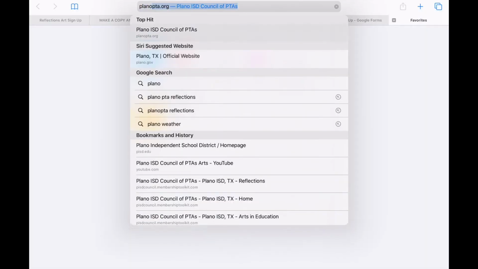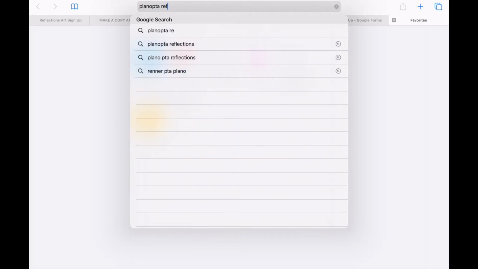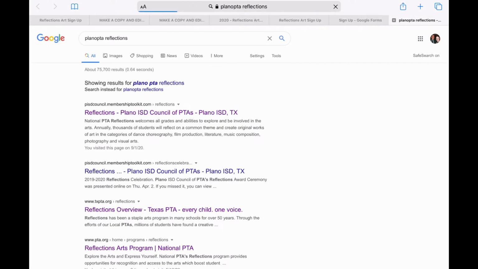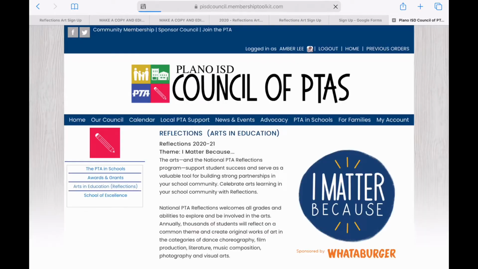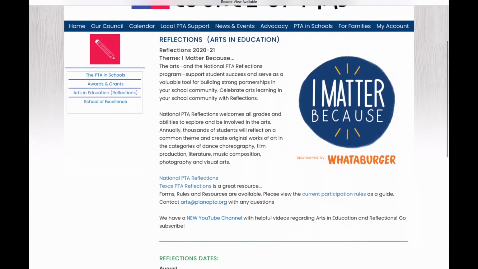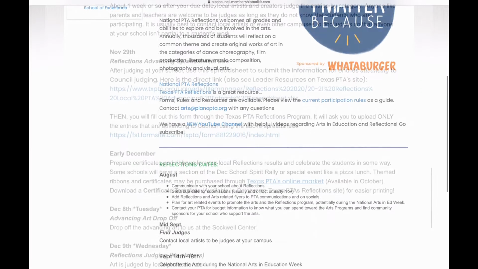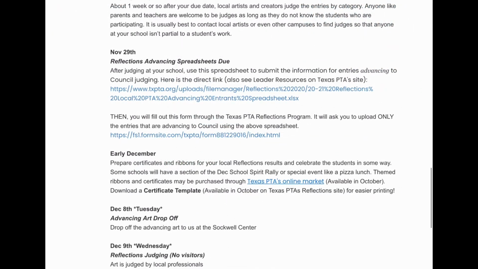I want to show you how to find our advancing spreadsheet that is due at the end of November. So go to Plano PTA Reflections in Google, click there, and you'll find a link to take you to our Reflections page, or you may have already bookmarked it yourself, which is awesome. But scroll down and you'll see November 29th, the spreadsheet is due. So it'll give you some details on this website as to what that means, but this is what it looks